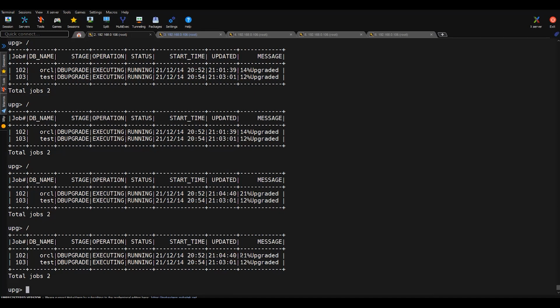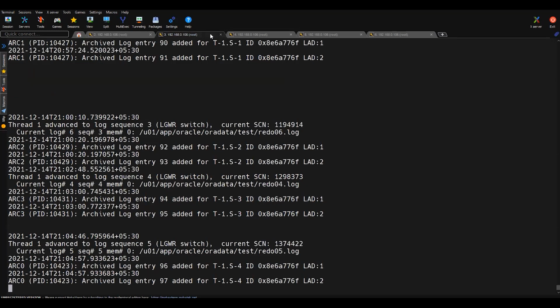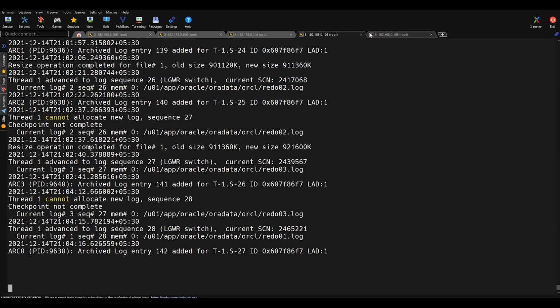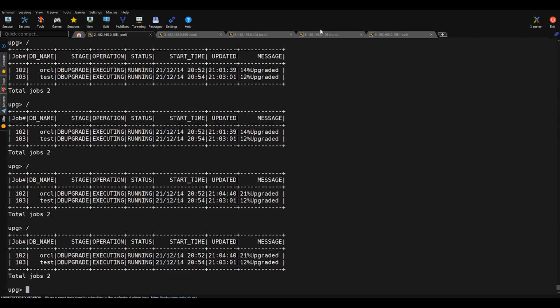Still, you can see 21% of this particular database upgraded, and this one is also almost 12% completed. So this is how the database can be upgraded simultaneously. Now if you look at this database upgrade process, you'll find almost 91% of upgrade is completed on both the databases, ORCL and test database.